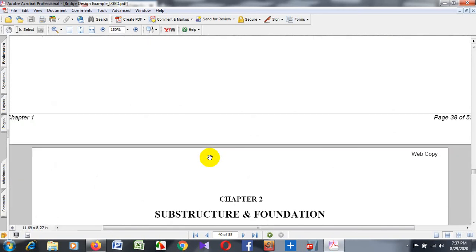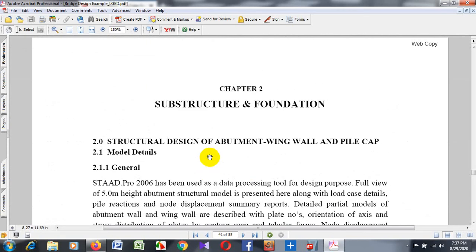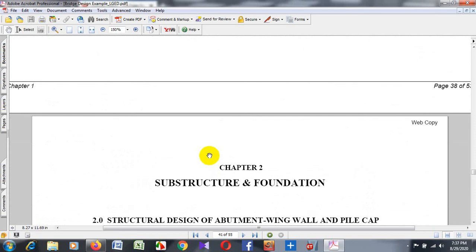Cable profile ordinates. And now chapter 2, structures and foundations. So chapter 1 is the importance of design of